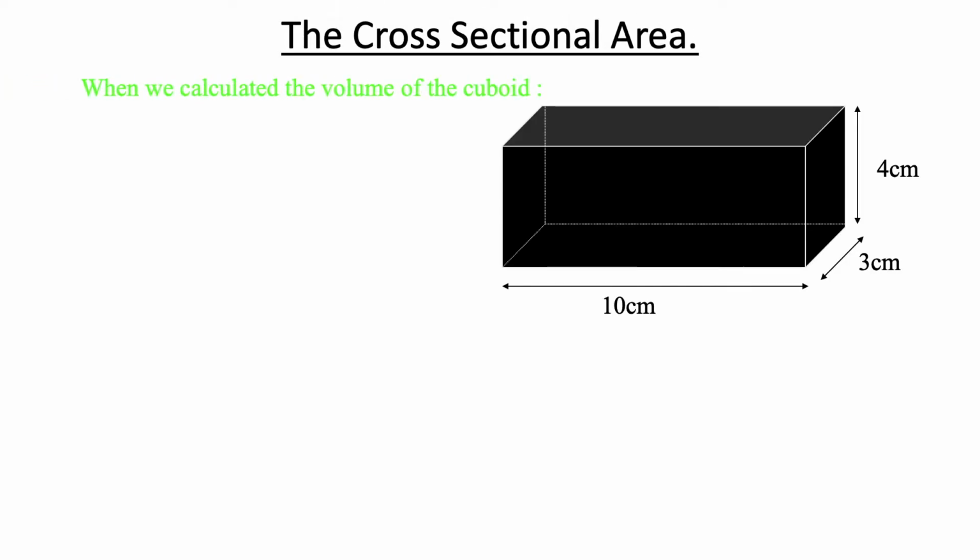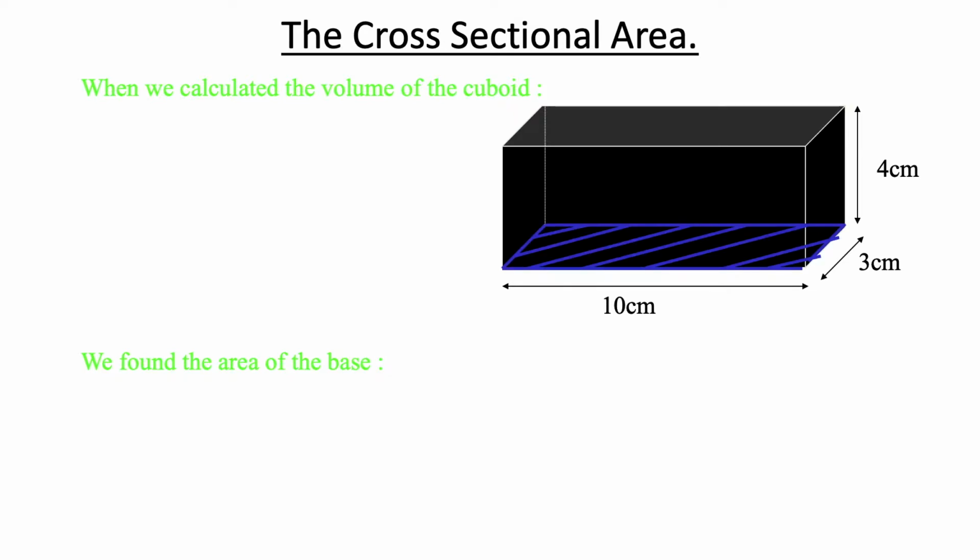So a little bit more of terminology that still means the same thing as we've seen. So we have calculated the volume of a cuboid, and we found the area of the base. That area that we found is also referred to as a cross-sectional area. Cross-sectional area meaning if you take a